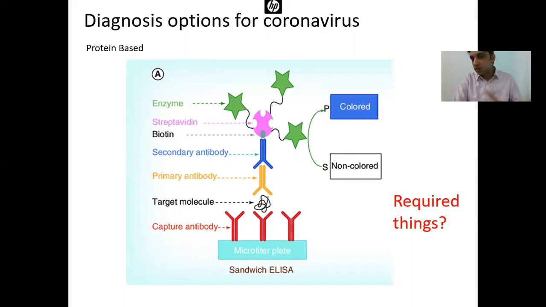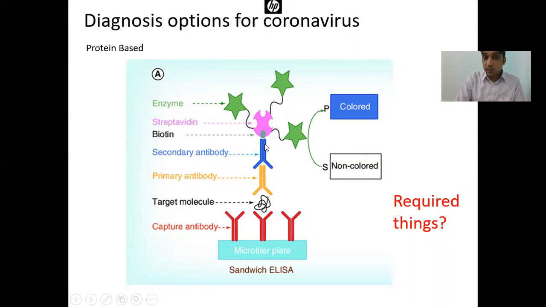People might be having it, but in the news and from other people, we don't know of one particular protein which can specifically bind it. So I believe that it is there. We are almost there to have an antibody which can specifically bind with a specific protein present in the novel coronavirus. After that, we use another antibody which can bind to that specific target molecule of the coronavirus.